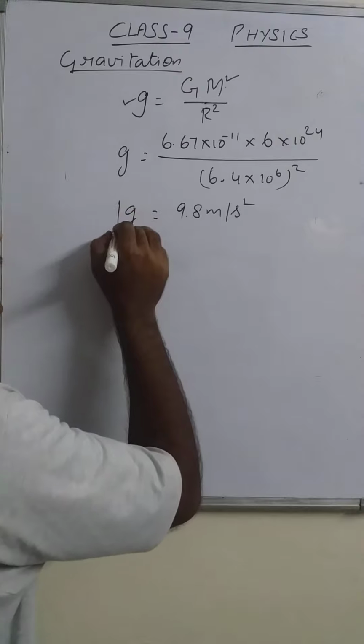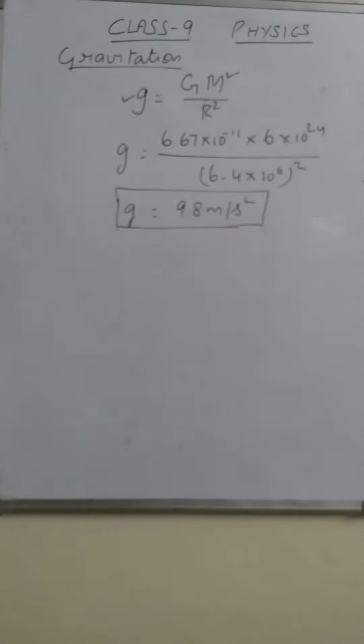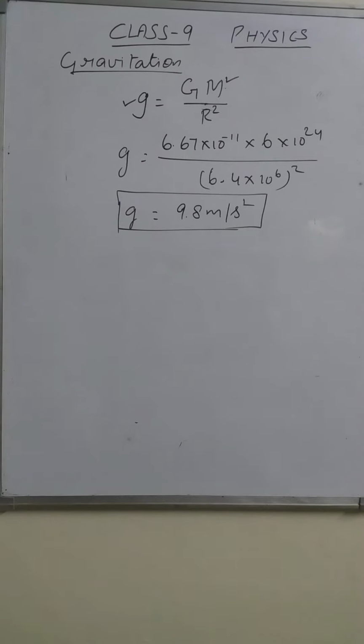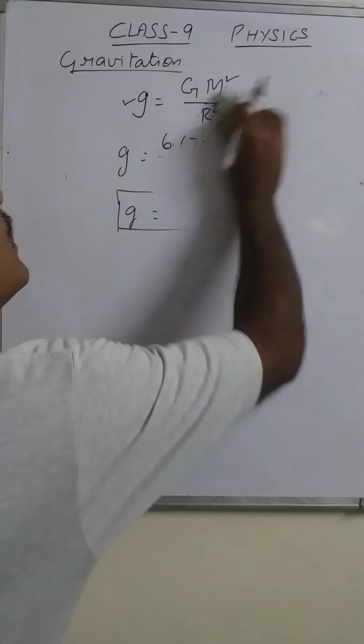That is the acceleration due to gravity on the earth's surface. And this is not an exact value. It is not the same at all places on the earth's surface. It is different at every place on the earth's surface. Okay. Now, after this acceleration due to gravity,